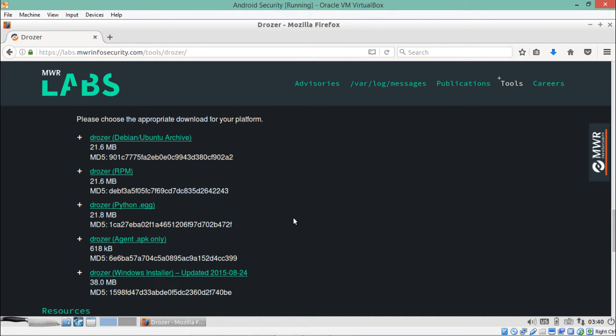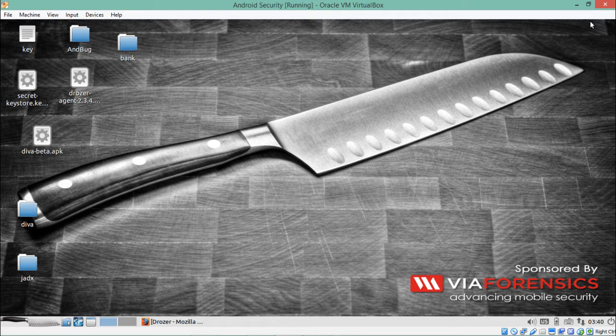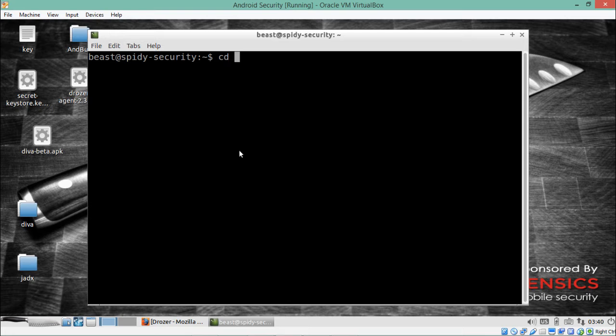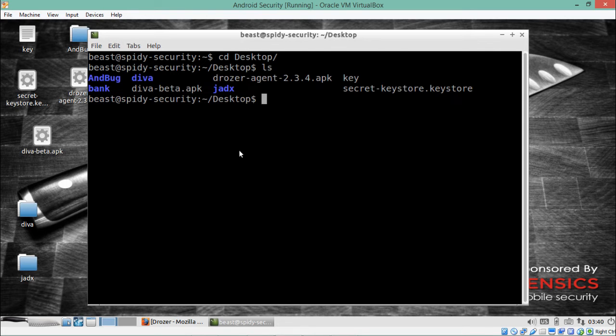First of all, we'll need a Drozer APK file, which you can download from here. Then, our CentOS VM operating system contains Drozer by default. If you are using any other system like Debian or Windows, you can download the client architecture of Drozer from here. I already have the APK file of Drozer on my desktop. You can see here the Drozer agent. Now let's go to my desktop and try to install Drozer